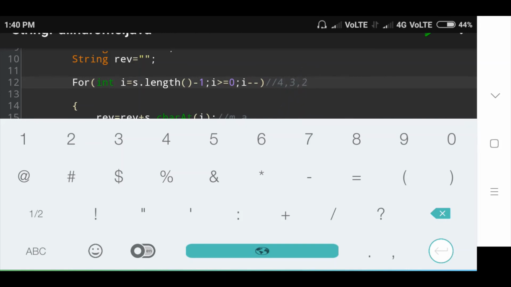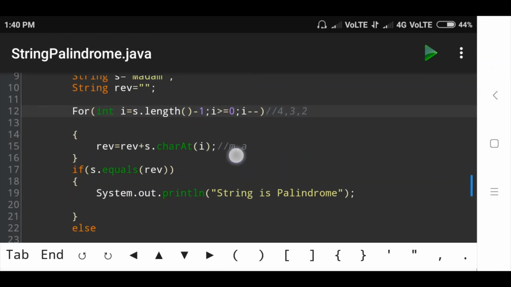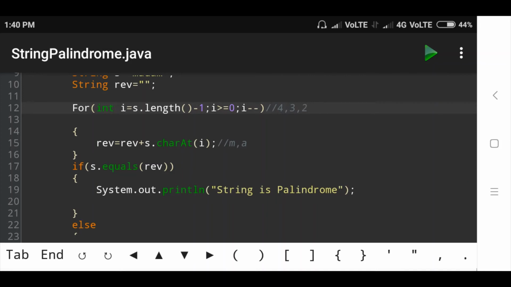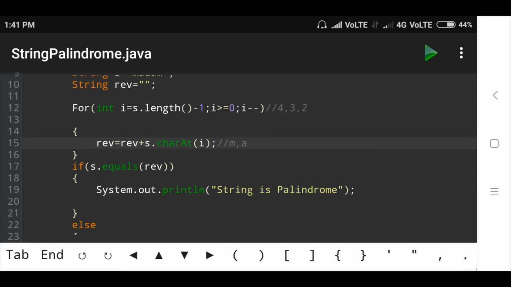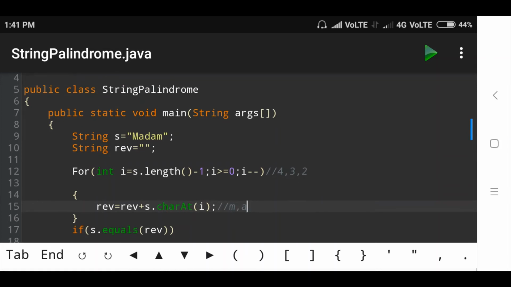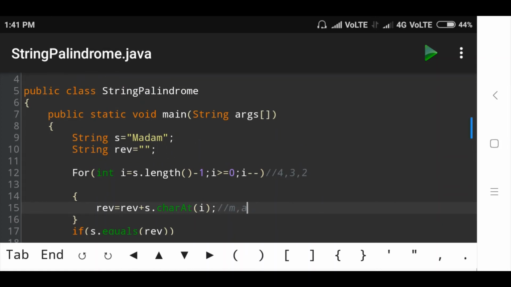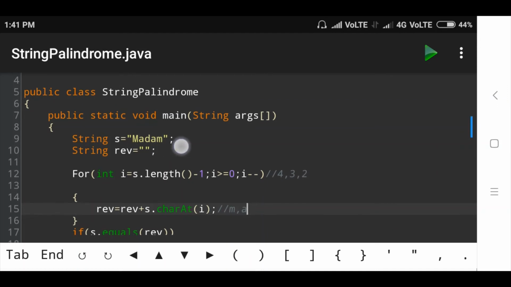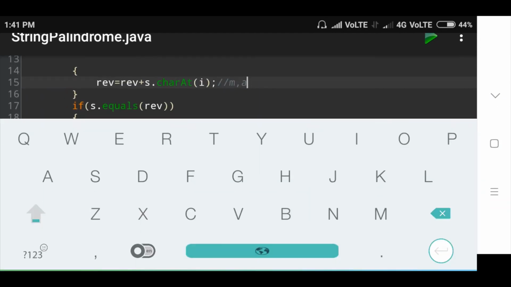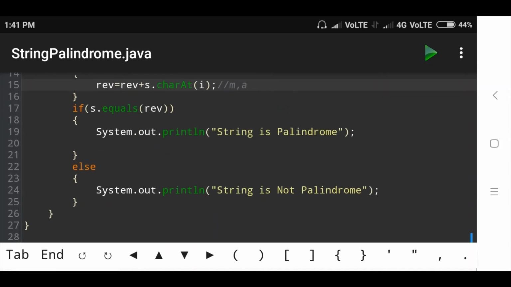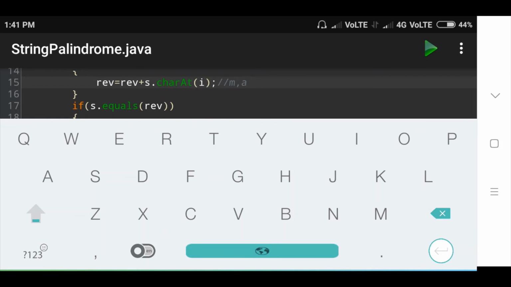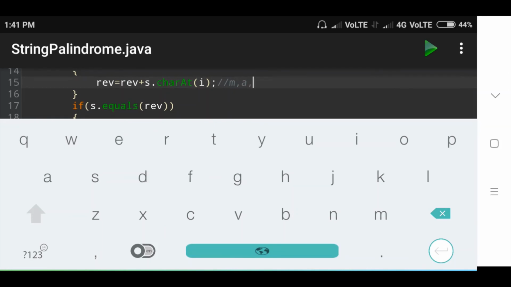Then again go to the next condition: reverse is equal to reverse plus s dot charAt i. The initial characters are ma, then the i value is 2, then check the second position, the character is d. Okay, the d character is stored in the reverse variable.